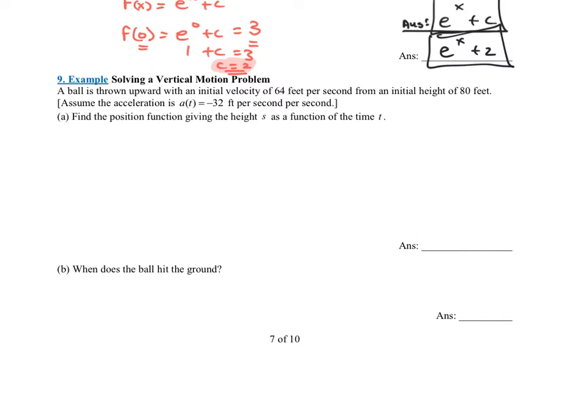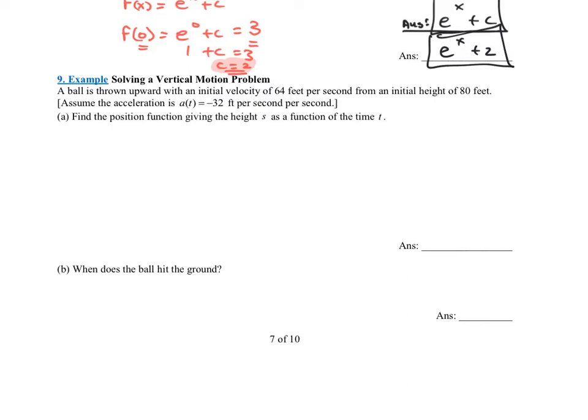And we know that the original function was the position function. The derivative of that was the velocity function, and the derivative of that was the acceleration. We knew acceleration was constant at negative 32 feet per second squared caused by gravity. So could we work backwards? If we know what acceleration is, can we work backwards and find the